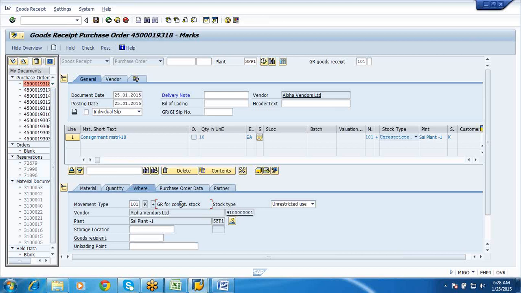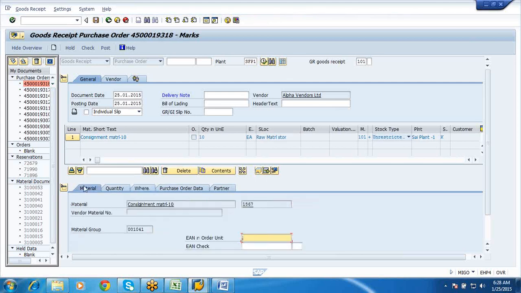This is a GR for consignment stock, not to our stock. So basically what we are doing is a GR to upload the stock in the consignment. Okay, I'll say SFRM and I'll say enter.